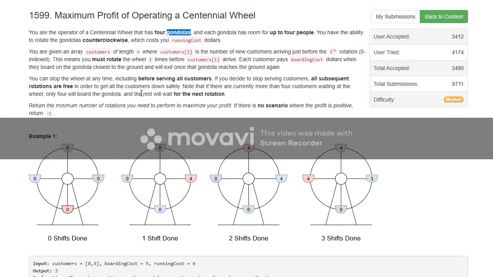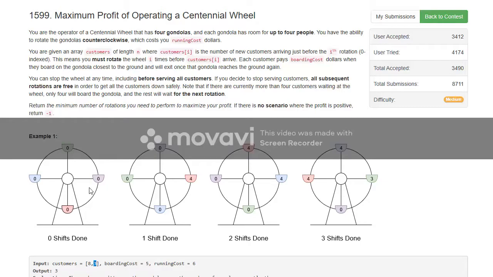And then there are a number of restrictions that you have to take into account. One of them is that you are forced to rotate the wheel. You receive a number of customers, and the customers arrive before the wheel is going to spin, and every time a customer arrives, the wheel spins.